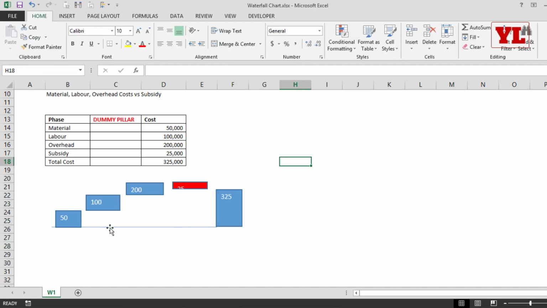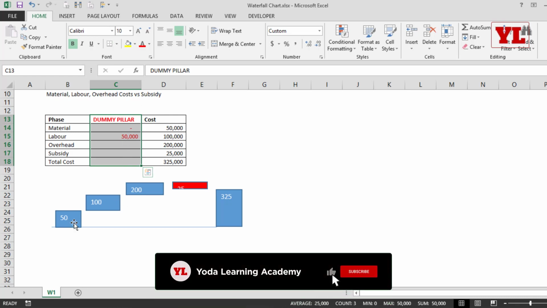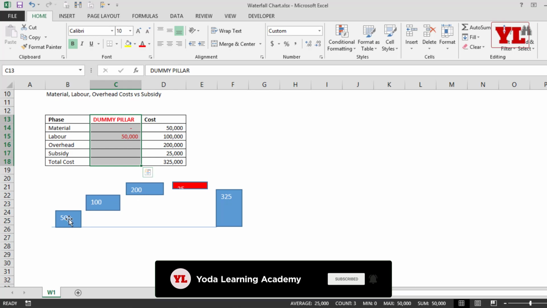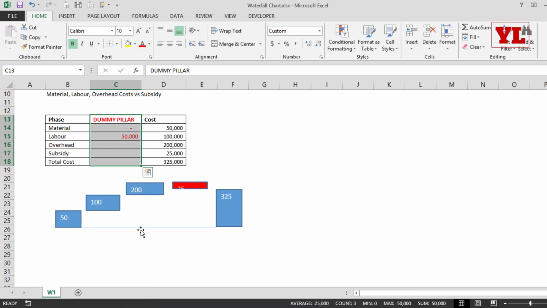So the underlying value for material is 0. I agree. For labor, it's going to be 50,000. Correct. I'm going to type in 50,000. So the dummy pillar column must be added before the cost. And then if we make a stacked column chart, then it will appear like a dummy pillar once I change the fill to no fill. So now coming to overhead, material, labor, overhead. The overhead invisible pillar will be worth the previous two, which is 150. So I am going to type in